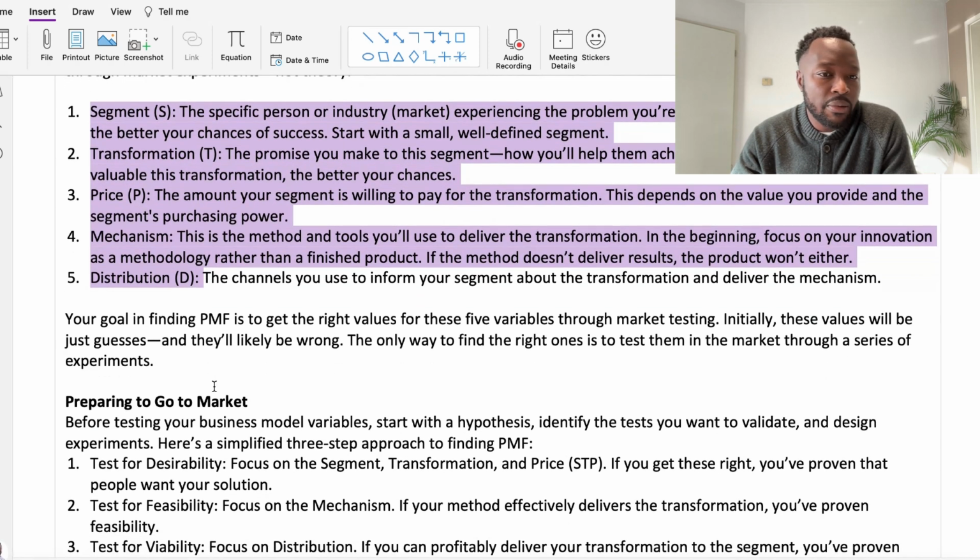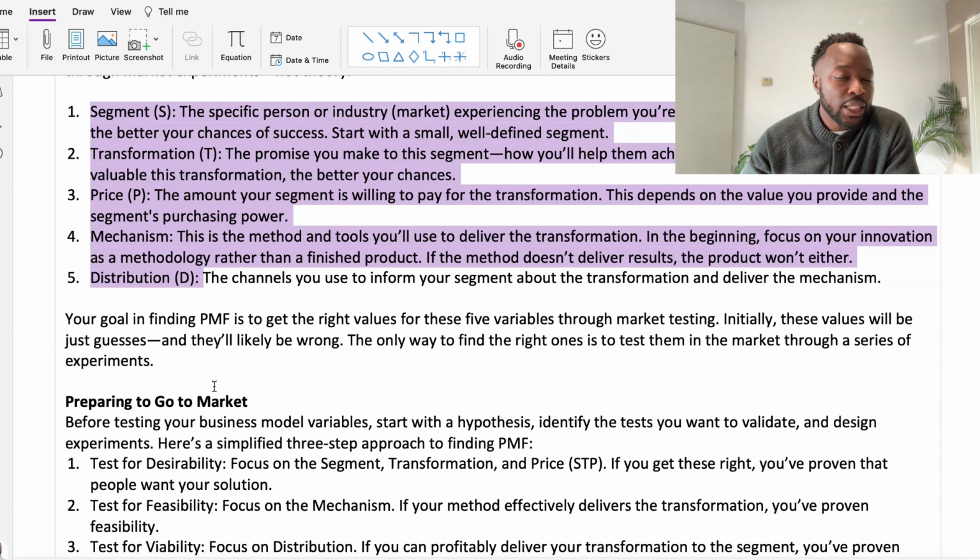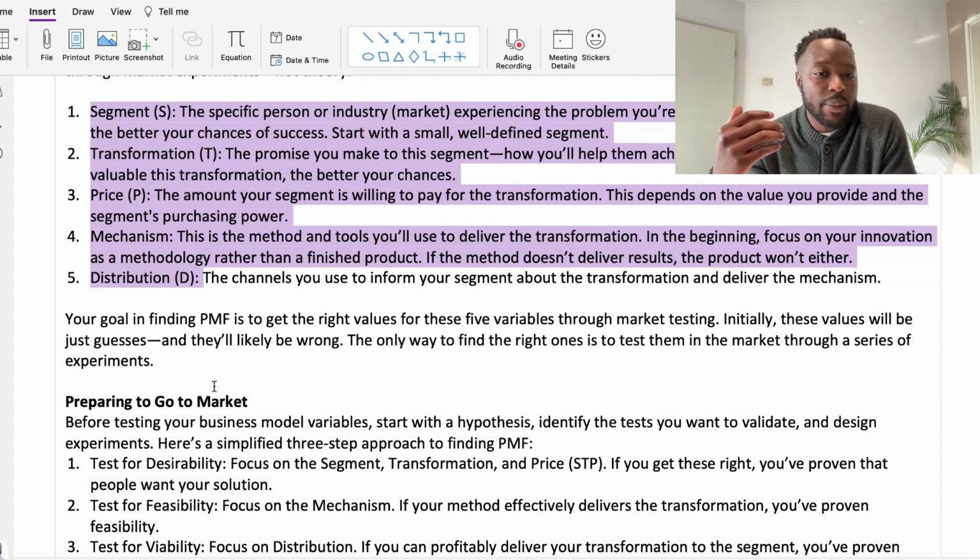And solving for product market fit is not a one-time solution. It's more like an experiment where you go to the market, and you keep iterating and learning from the market. To be able to do that, you need a structured way. As a tech founder, I know you have a scientific background, and when you want to test a variable, you first start by stating the hypothesis you want to test. Then when you state the hypothesis, you have your test. Then you go to the market, you get the data from the market,